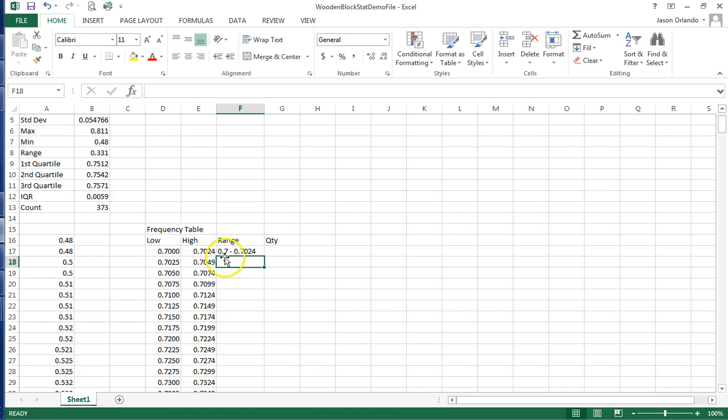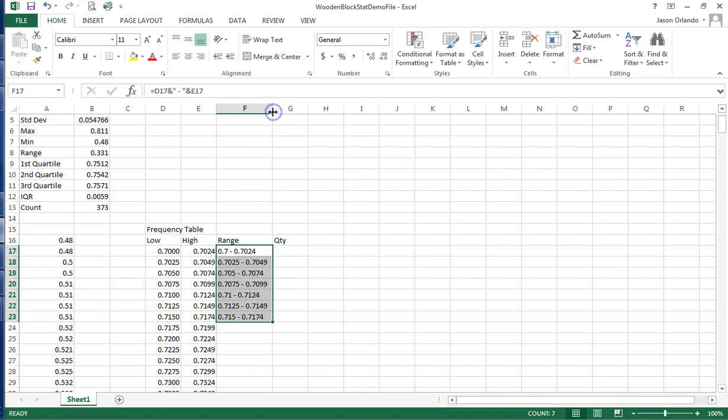Now it's going to use the least number of decimals it can here, and I don't have a quick solution for that, so we're just going to let it go and take it like that. And now if I copy that formula down, it's going to fill those in. You can make that column a little wider. Notice the range is 0.7 to 0.0724. You can click on the cell and see what you had typed in. I basically combined D17 and this text string of space hyphen space, in quotes,